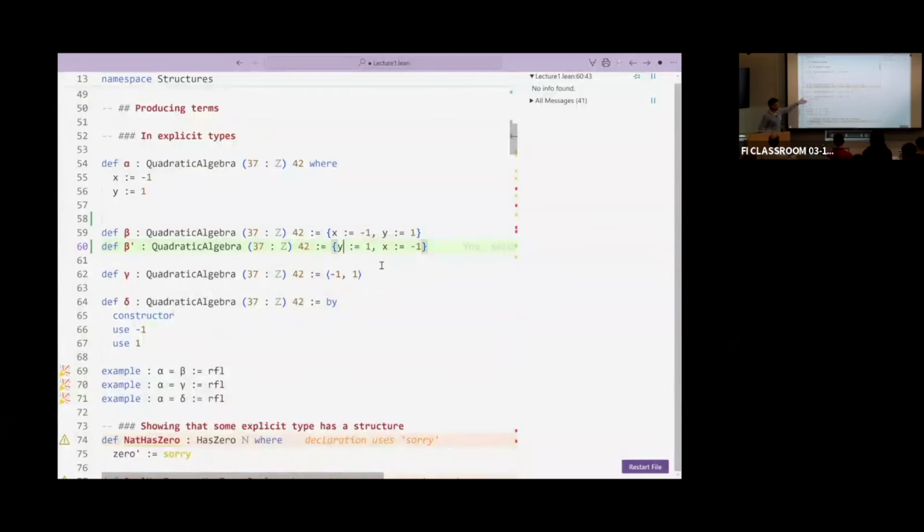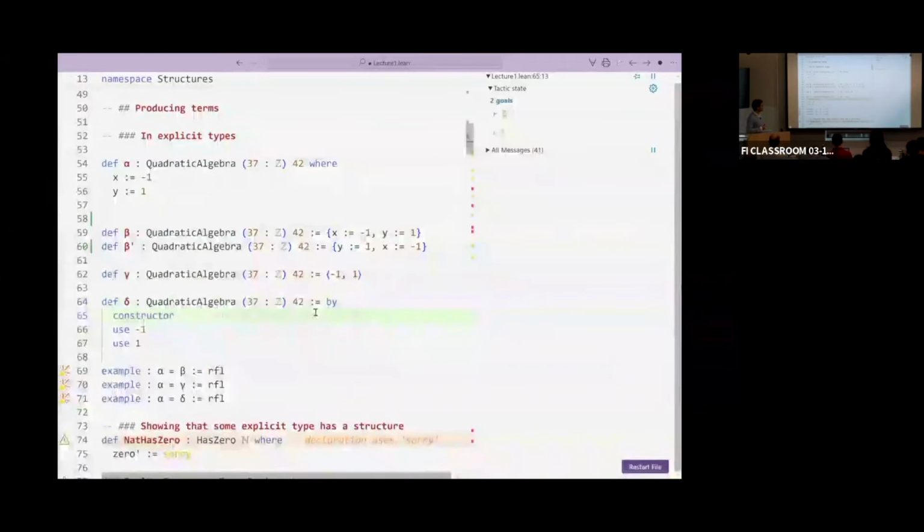Otherwise, you can also enter tactic mode. You say by, and then Lean asks you to produce a term in this quadratic algebra, and we have seen that there is a tactic for this on purpose, which is the constructor tactic.